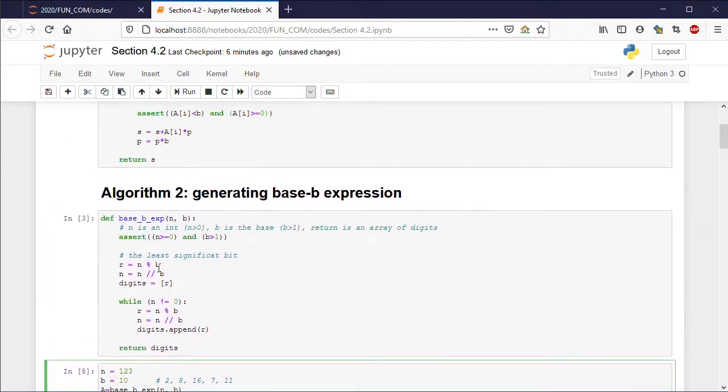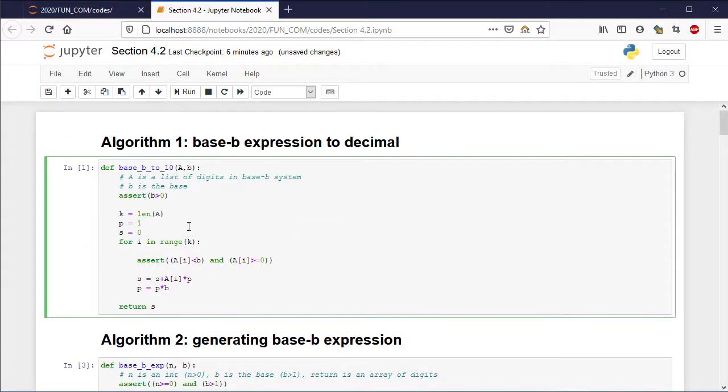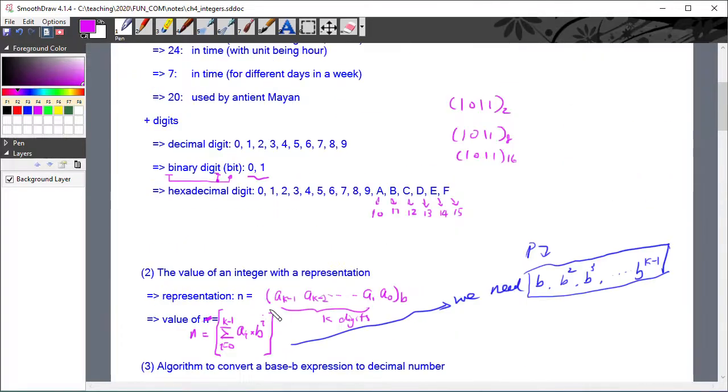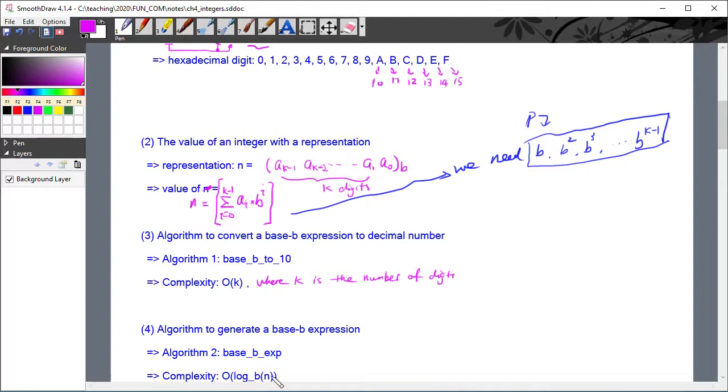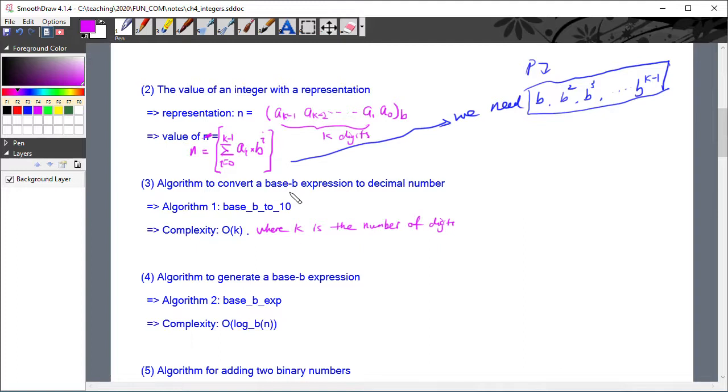And about the complexity, I already explained the first algorithm, that is to calculate the value of a base B expression. The complexity is big O of k, where k is the number of digits. And then, to generate this base B expression, we use the base B expansion. So the complexity is big O of